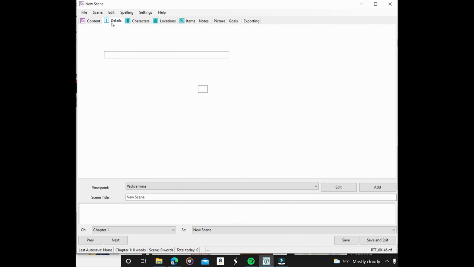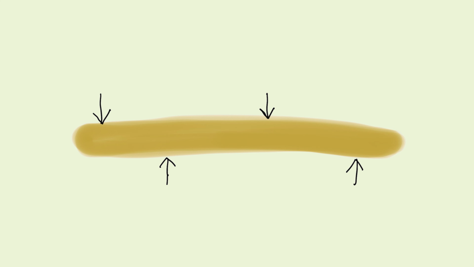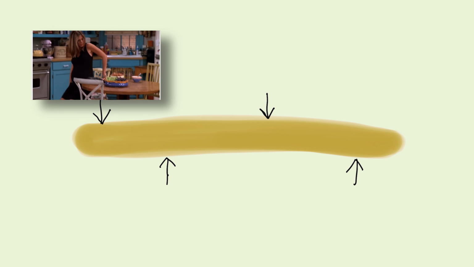I can also specify the date and time when the scene happens and how long the scene goes on for. This would be highly beneficial in developing the story timeline and avoid mistakes related to that. In one of the stories I wrote, I had a flashback scene where one of the characters